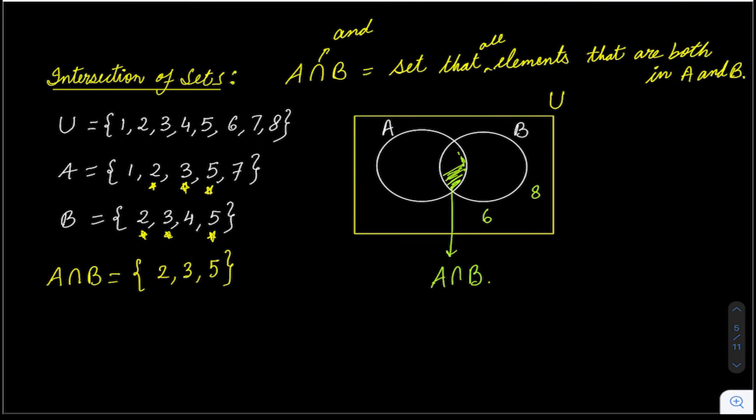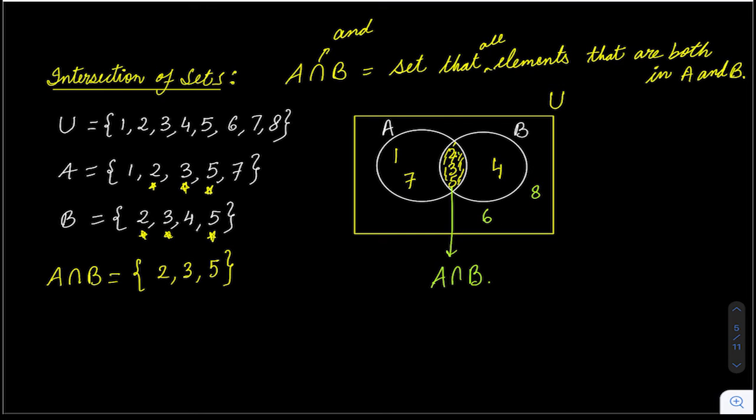So this will be my 2, 3, 5. So these will be my numbers. What is left in A? 1, 7. You can write anywhere inside this circle, but not in the common part. What is B? 2, 3, 4, 5. So 2, 3, 5 is already there, so just write 4. So if you want to represent these sets in a Venn diagram, you can represent it like this. And we know A intersection B is this part, this whole part.